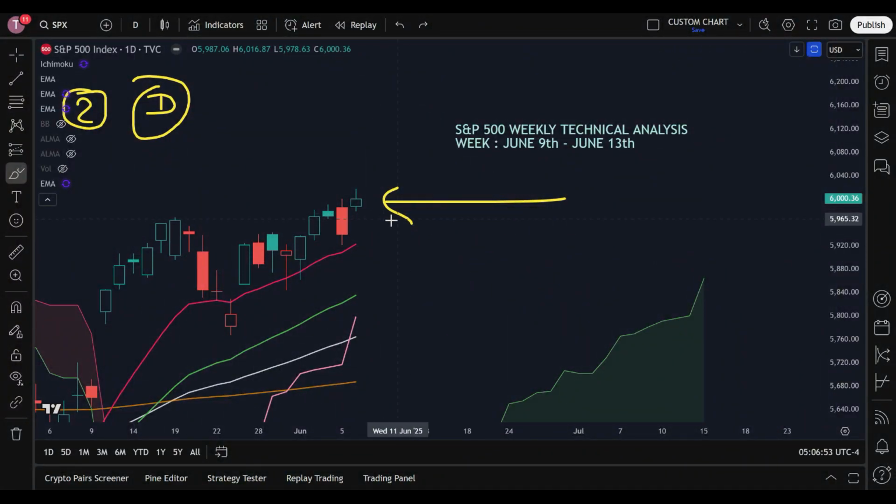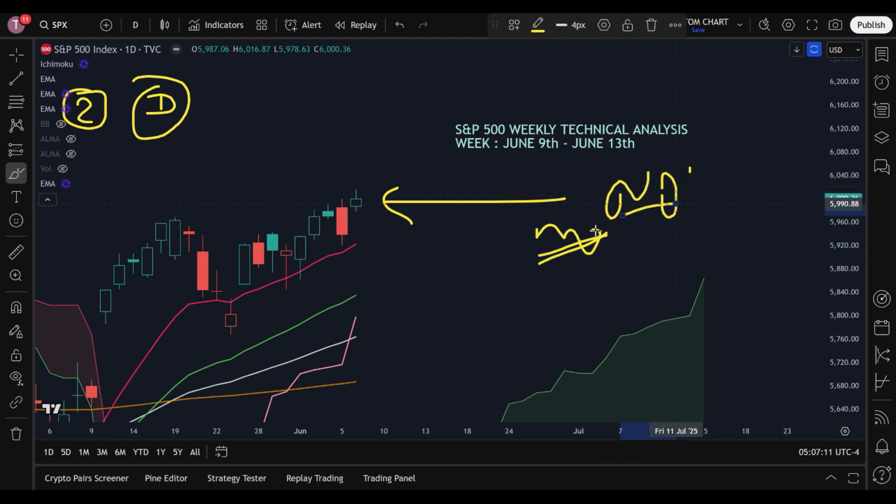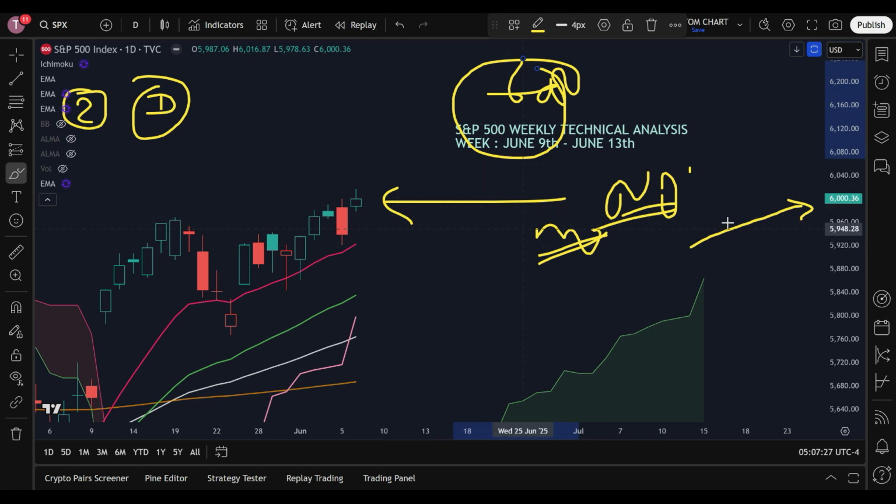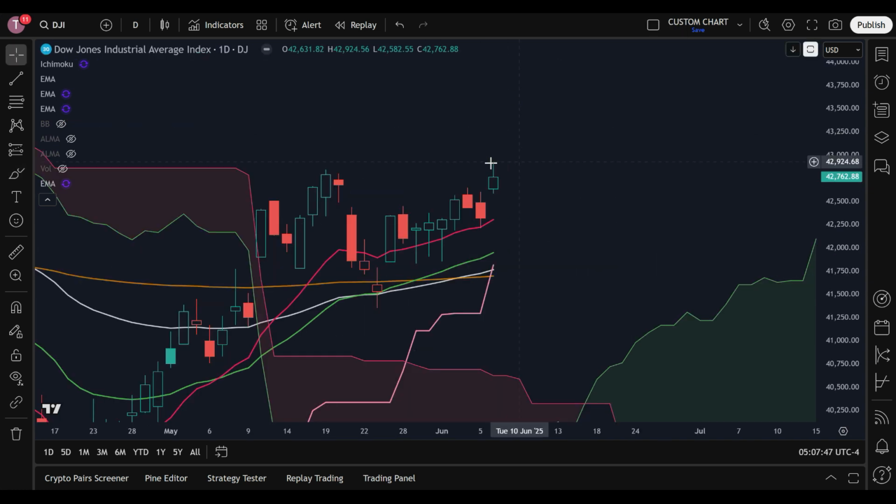Now this is the last candle of the S&P 500 formed yesterday on 6th of June. Now this candle, okay, there is no defined shape of the candle and it's a normal bullish candle. Okay, as such this candle does not indicate anything. However, because the candle is showing us that the S&P 500 closed above the 6,000 psychological mark, that is why, because of this closing especially, on Monday, irrespective of anything, there will be an initial or intraday bullish movement through this candle. That's it. Now let's analyze the Dow Jones.